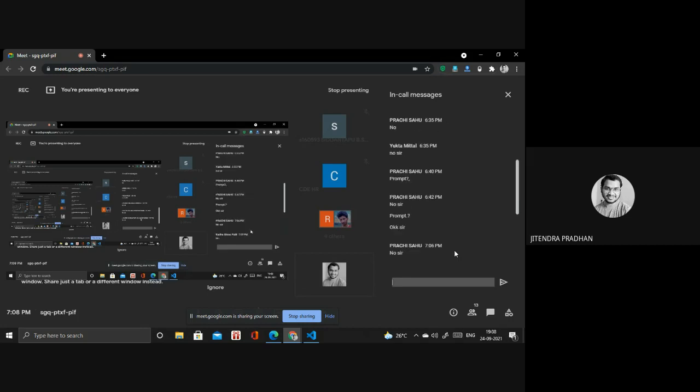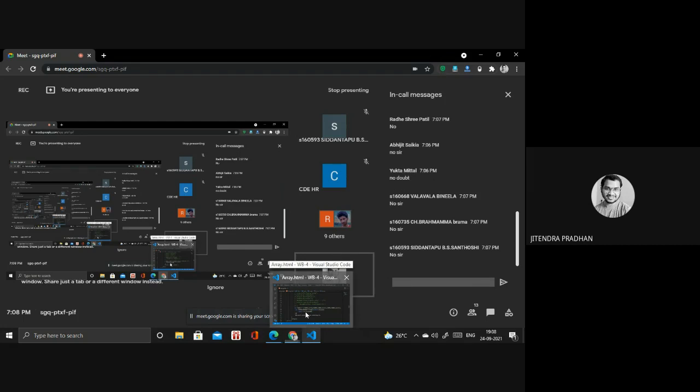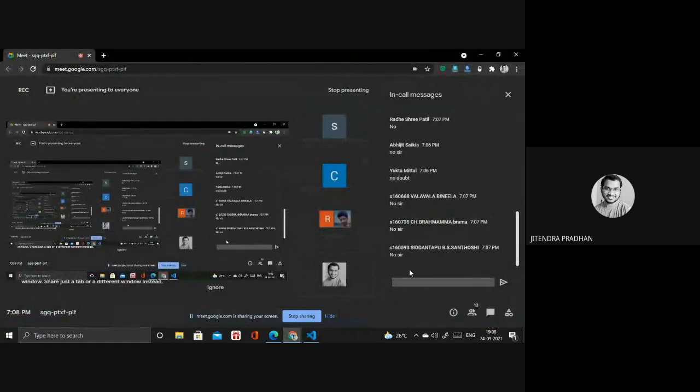Okay, if you are outside of the meeting, please don't come inside. Not an issue. You will get your certificate, all these things. But maybe you will lack some learning in web designing or HTML or whatever. Because if you know HTML and CSS, it's better. But if I teach something extra, it will help you better.